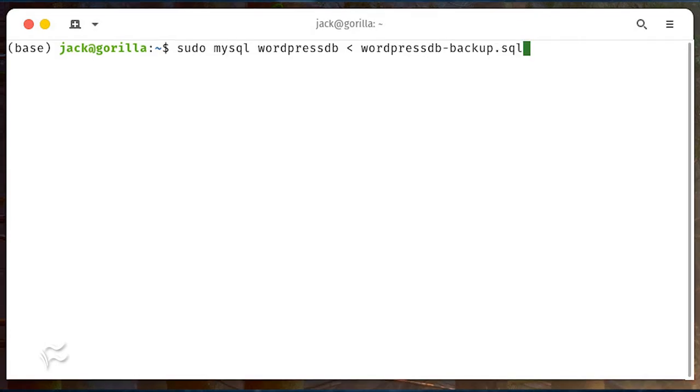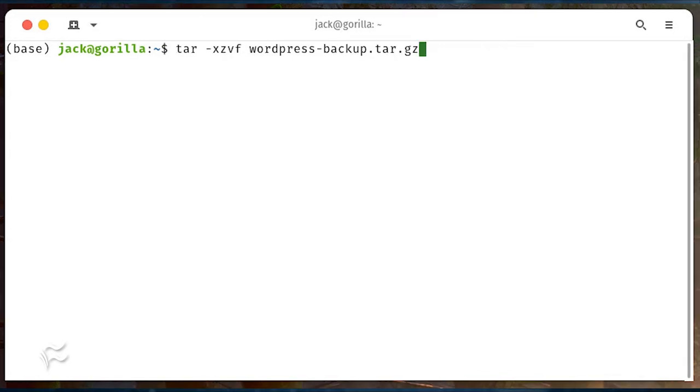cp /etc/apache2/sites-available/wordpress.conf ~/wordpress.conf. The first step in the restoration is to restore the database with the command sudo mysql wordpressdb < wordpressdb-backup.sql. Next, we'll restore the backup directory to the Apache document root with